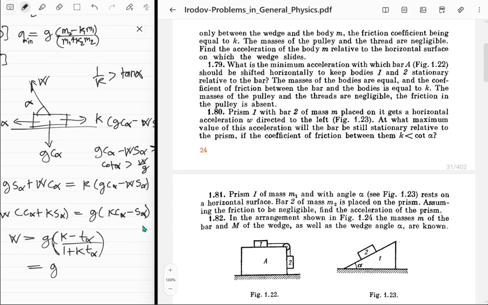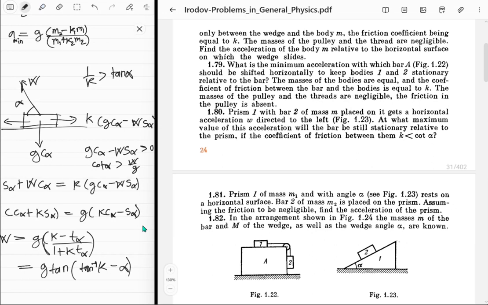How does this even make sense? Why would we want to do something like that? This is tan inverse of k minus alpha. Right. Now, k is positive, so tan inverse of k is an acute angle, and of course W has to be positive as well, right? I mean, we already got the fact that it was happening, right? Well, k has to be bigger than tan alpha anyway, right? Oh, okay, wait. k has to be bigger than tan alpha and, huh,